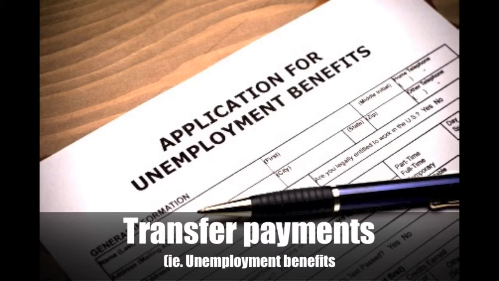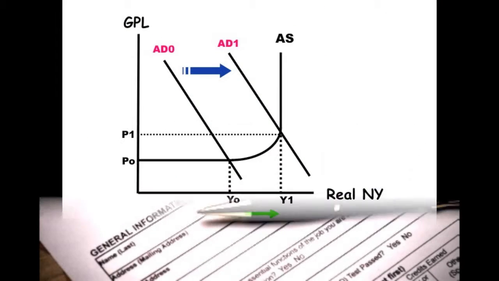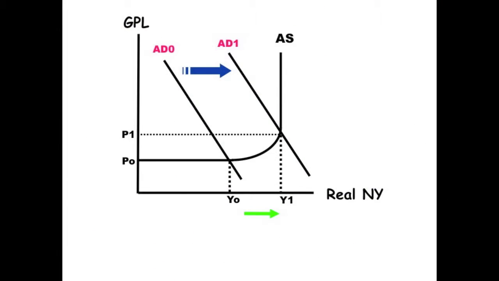Another way to reduce cyclical unemployment is to increase government expenditure on transfer payments. Government can increase unemployment benefits by providing food vouchers and weekly unemployment allowances to the unemployed. This would also increase their purchasing power and hence cause an increase in consumption expenditure. Since C is a component of AD, AD will increase and hence the AD curve will shift rightwards,